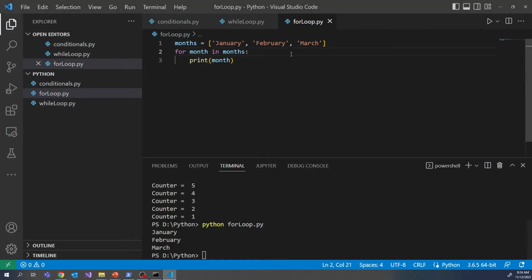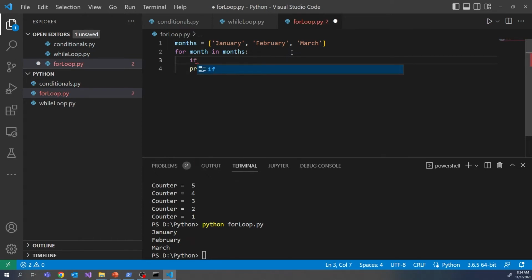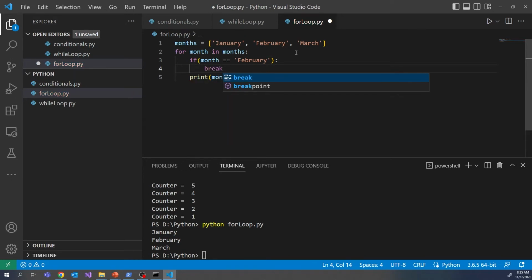Inside the for loop, for example, we want to exit this loop in a certain case. Let's say if the current month over which we are iterating is February, then we put here a break,